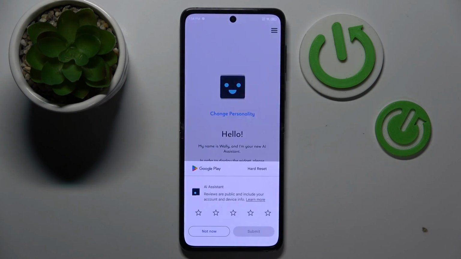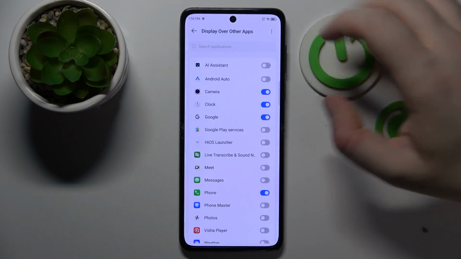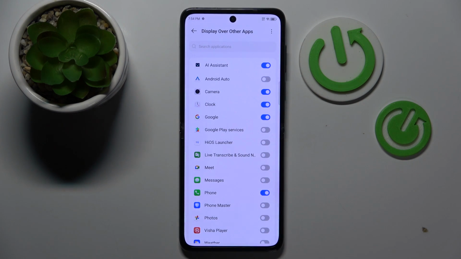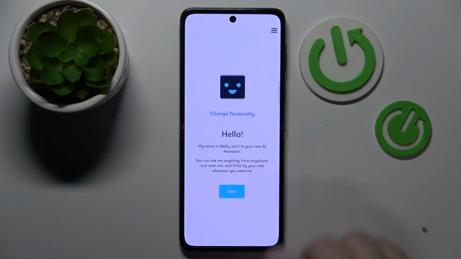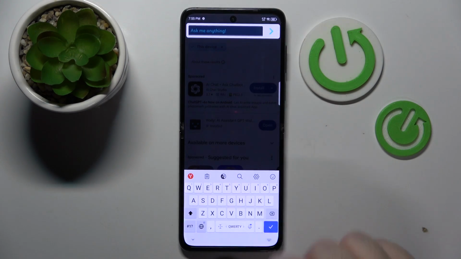Then click on this button to skip introduction, click on not now and click open permissions. Now you have to click here on AI assistant to allow it to display over other apps. Then you can go back and click start. And as you can see right here there is my ChatGPT widget, so you can open him and you can